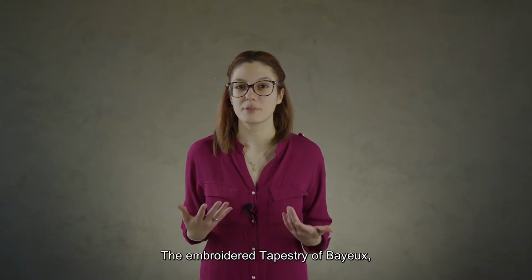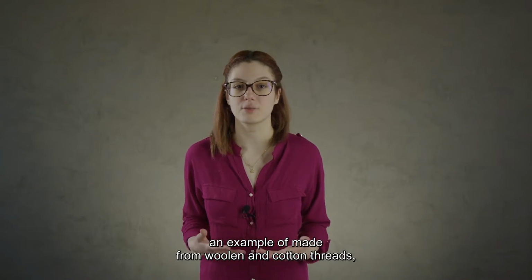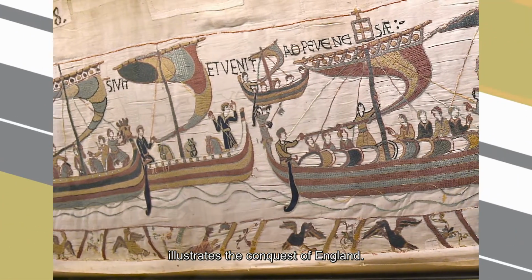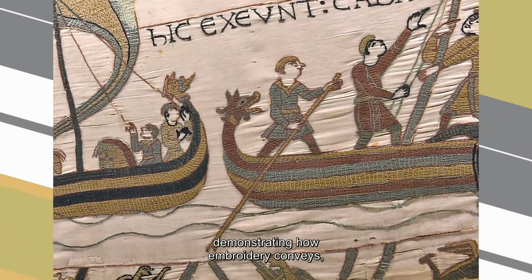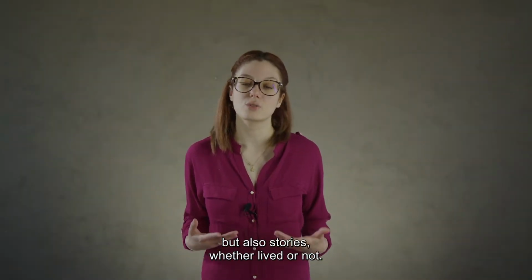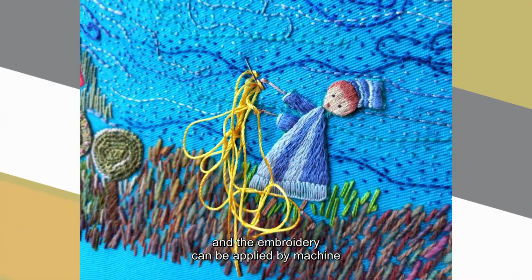The embroidered tapestry of Bayeux, 19th century, is an example made from woolen and cotton threads on a 70-meter canvas. It illustrates the conquest of England. This is just one of many examples around the world demonstrating how embroidery conveys not only subtly but also stories, whether lived or not. In general, the personalization of pieces is on the rise, and the embroidery can be applied